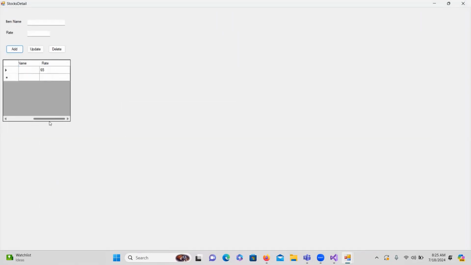But the problem with this one is this GUI issues, like it is not maximizing, and it has a new line, those sort of things that we can fix, GUI related issues. Other than that, we are able to add it, but we cannot update as of now and delete. That we can fix one by one. So first thing is, let me address these GUI issues. When I maximize it, it should maximize. And I don't want this new line that lets the user edit in this one. That is not advisable. So what I do, I just